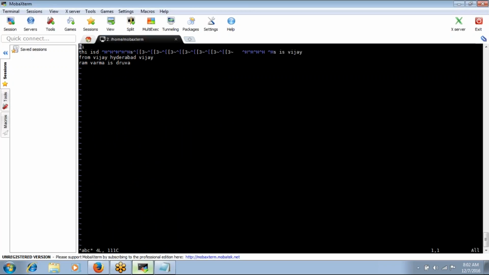See here, some special characters are typed, right? We can't see them when you open the file with cat. When you open the file in the vi editor, you can see these control M characters and all the special characters. So that's why whenever I have given this, actually this is not this, so it is not going to replace.